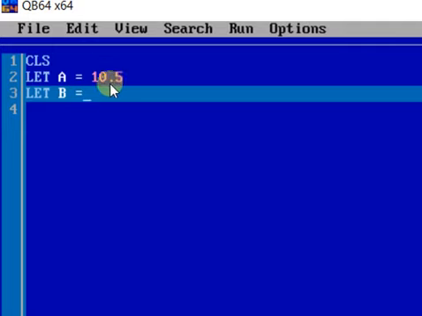The type of value that a variable contains makes it either a numeric variable or an alphanumeric variable. If the variable contains numeric data like integer or decimal, then it is called a numeric variable. If the variable contains alphanumeric data like letters, words, characters, or a mixture of letters and numbers, then it is an alphanumeric variable.